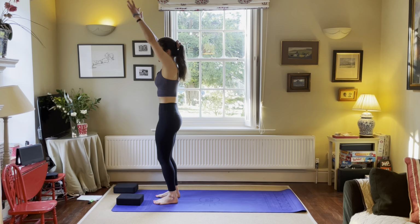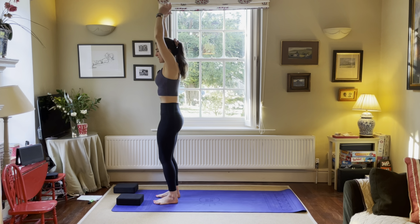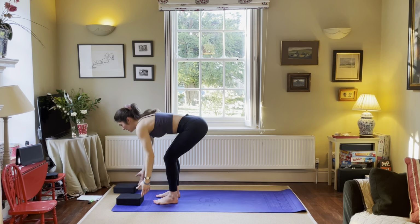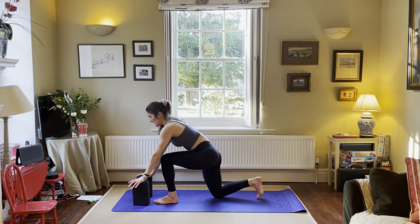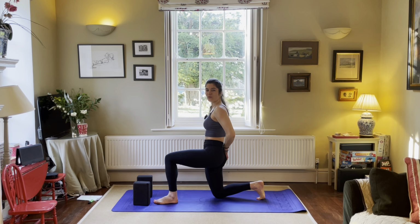Arms forwards and up. Elevate, really find that space. Grow, good. Hinge from the hips, bum goes back. Plant the hands, right foot steps back. Lower the right knee, bring the body up. Squeeze this right bum cheek. Really tuck these back toes and push through them. So without doing anything, you should feel this in the hip flexor